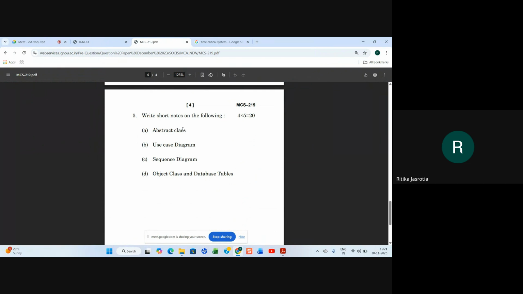Abstract class is a superclass which does not have its own function body, but the function can be made in this. The function doesn't have its body, but the body of the function will be implemented in the child classes. So that is an abstract class. Use case diagram definition you can give, sequence diagram definition, then object class and database tables,